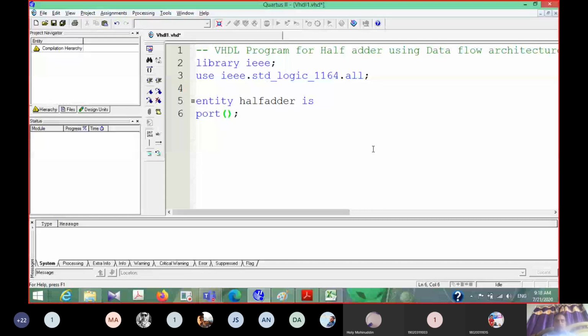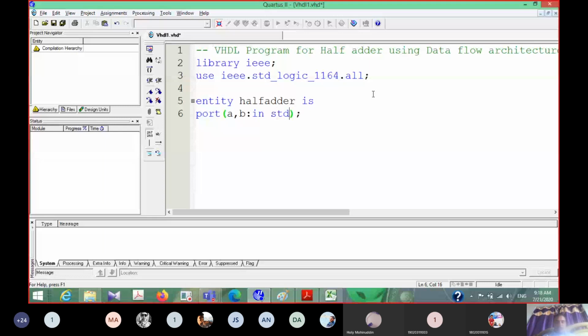The half adder has two input pins, let's say A and B, mode is in, and the type is std_logic. Then let's define the output pins. S and C are the output pins, mode is out, and again the type is std_logic.